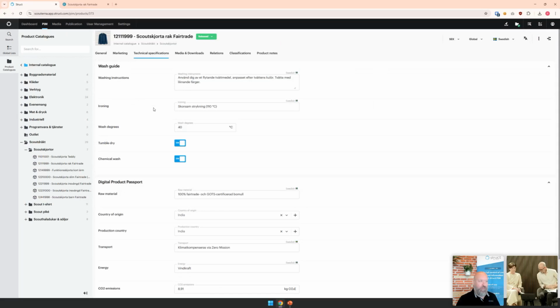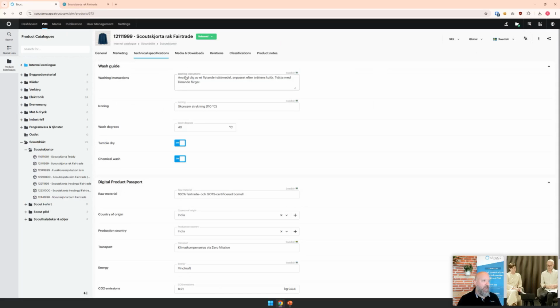I don't want to get too technical, but for those that know it, we do have an API. We have a webhook system as well, and we support the Azure Service Bus as well. So whenever a change is made in the Struct PIM, we can send that along. In this example, Kolla has used the webhooks to be notified when changes happen